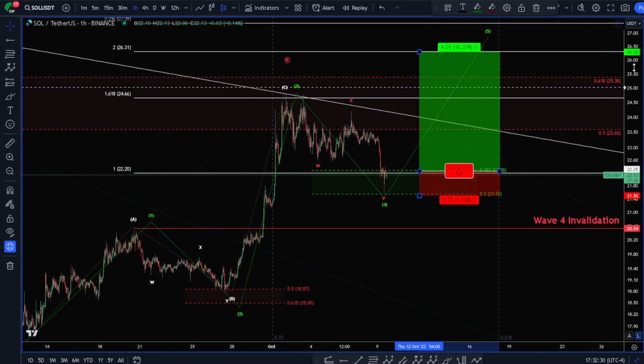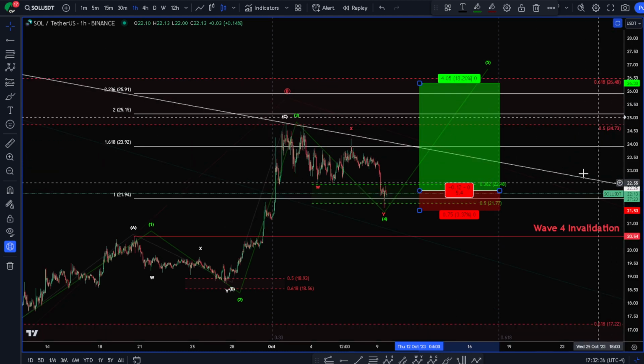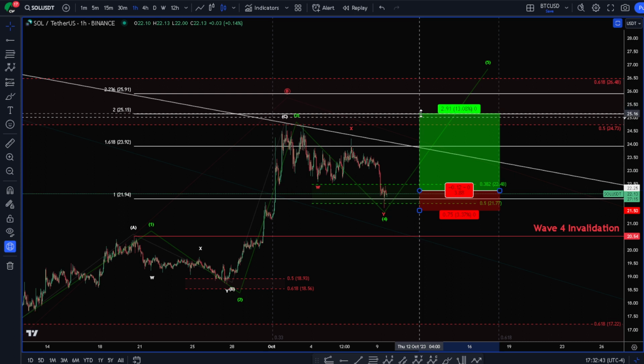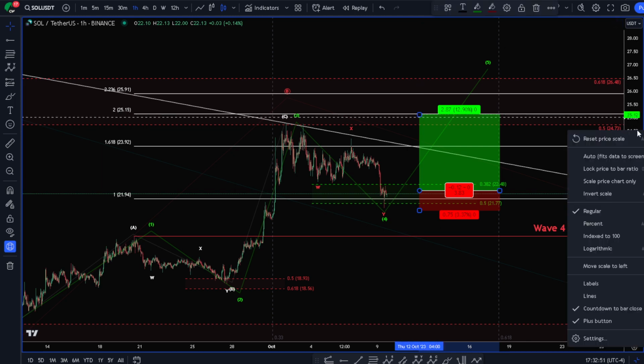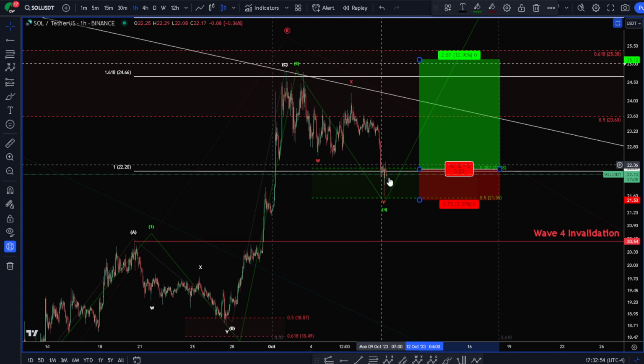I'm targeting the 200% here. We can go to 2.236, but just the closer of the two. I might even adjust that more and put that down to about 25.15, but I'll adjust that as we start to fill out here. That would be about a 3.8 to 1. Just because on linear that target's a little closer,